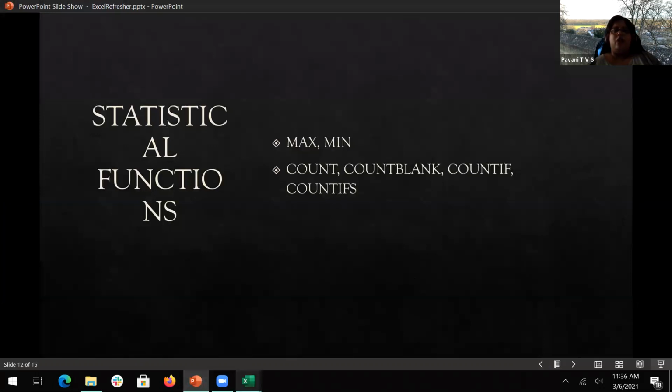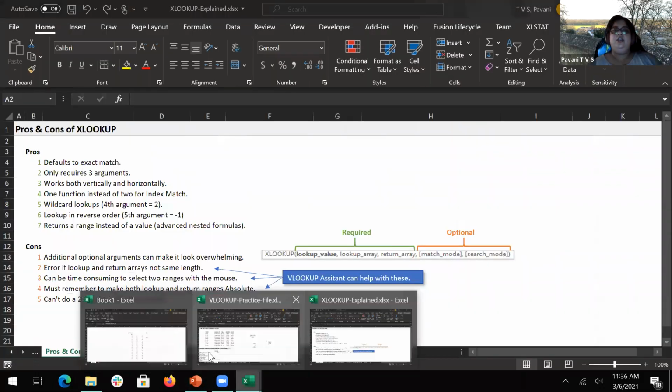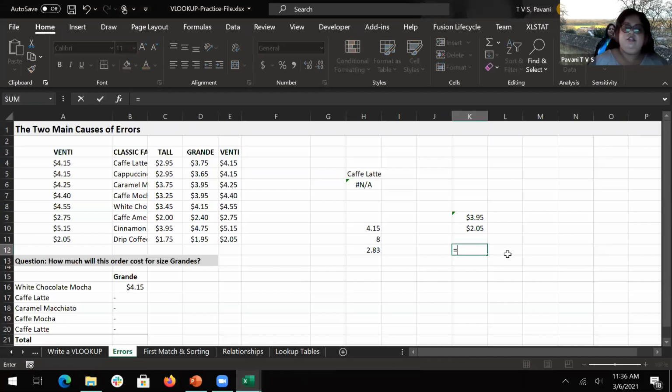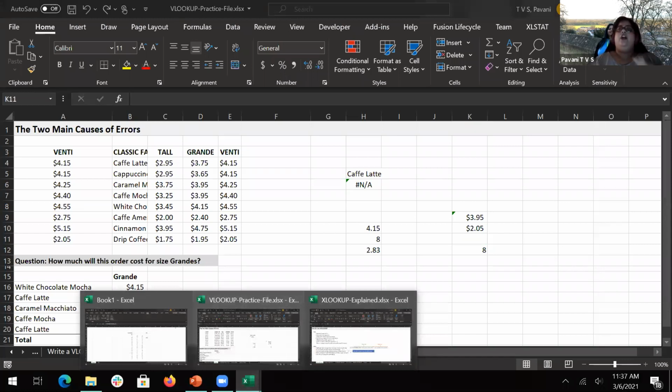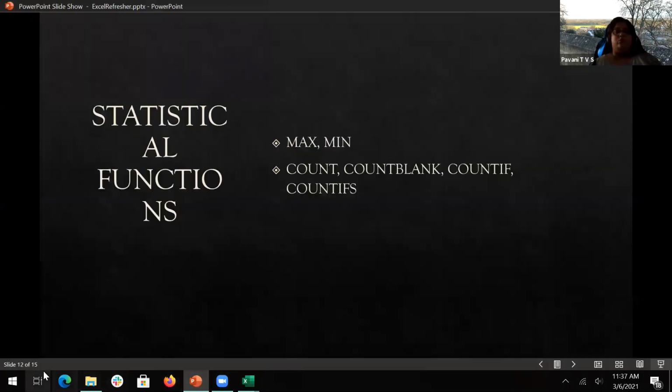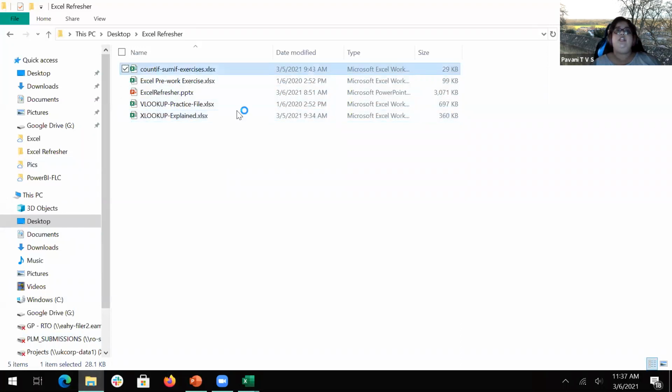COUNT will count how many values are there. These all, there are 8 values, so that is the same thing you are seeing here: count 8. This is a very important function. But when it is used as COUNTIFS and SUMIFS, that becomes more valuable for us. So I'm going to go through those examples now with you guys.